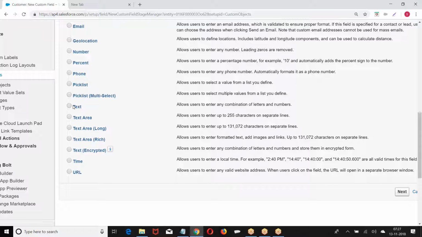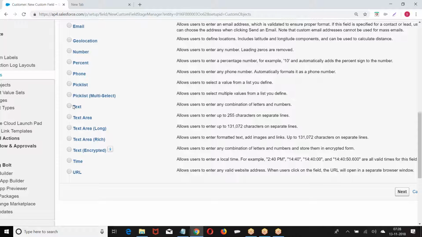Right. Then we have text area long. When you say text area long, if you want to enter more than 255 characters, then we go for text area long. Minimum 256, maximum 1,31,072 characters. If you don't specify the length, the default length will be taken.